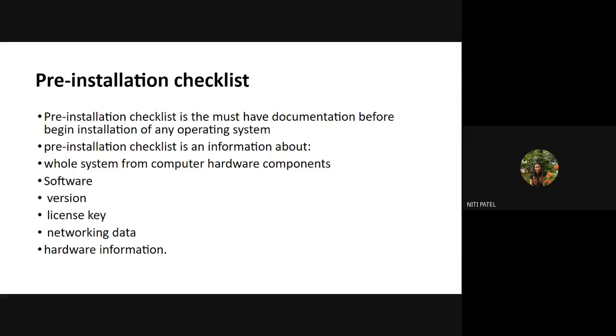If I say that I want to install an operating system, I have to see from where I have to get that software. That means from where I have to download that operating system, whether it is available free of cost or I have to pay a particular site to download. So I have to see everything with respect to the software.